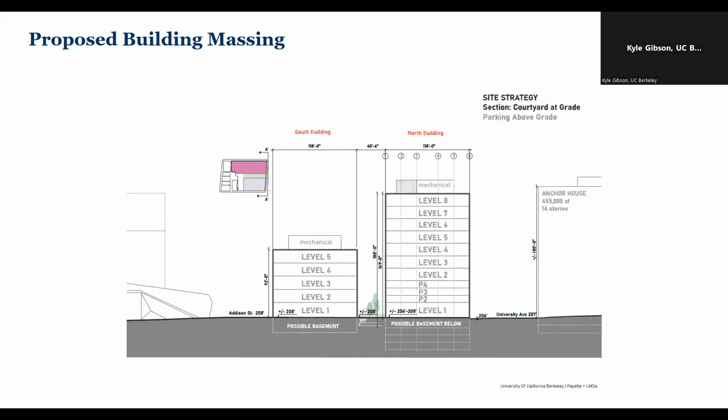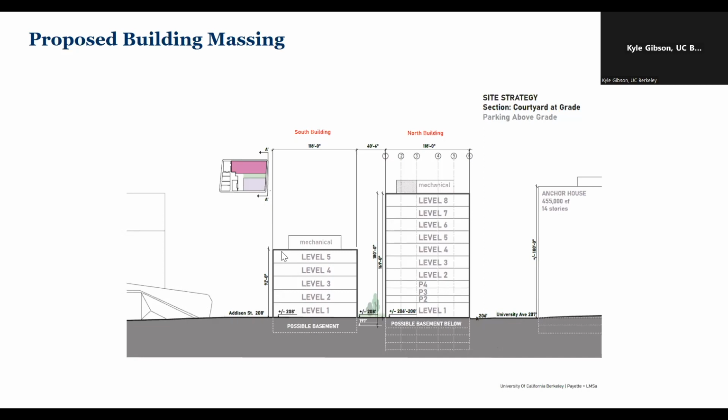This slide shows building massing looking west from the campus park, with University Avenue to the north and Addison Street to the south. University here and Addison to the south, with Banff across the street. The south building at 5 above grade levels and potentially 1 below grade level will be up to 100 feet